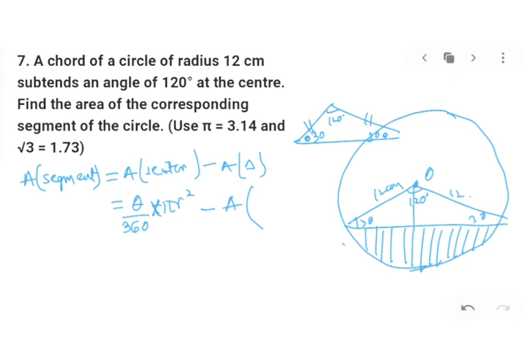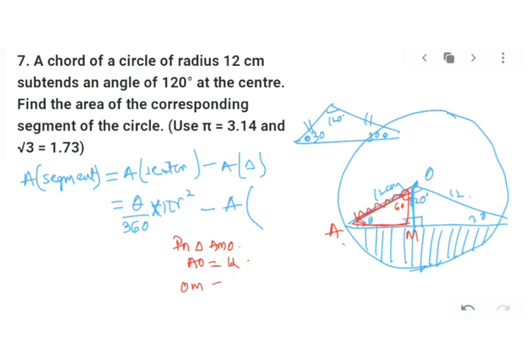Now I'll draw a perpendicular from the center towards the chord. Now my dear kids, if you notice, this will become your right angle triangle, 90, 30, 60. Now the hypotenuse has been given to me, 12 centimeter, that is the radius. In triangle AMO, hypotenuse AO is given as 12 centimeter. I have to find OM and AM.